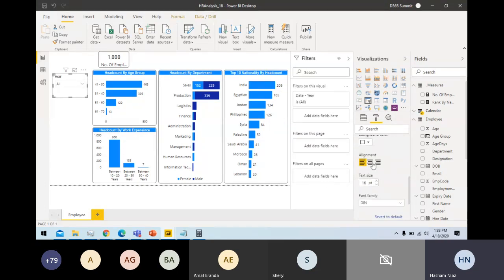Title 16. Let's align the same colors as well. Okay, so now we have this one. We can turn off this visual header thing, because this will be appearing in the reading pane as well. That's why I'm turning off this visual header as well. Okay, now let's go back here and say I want this.